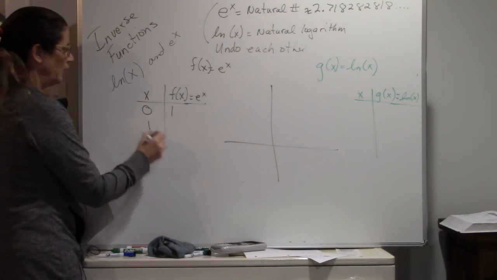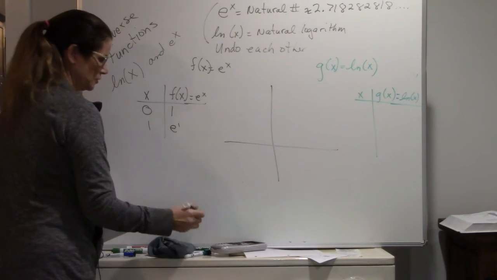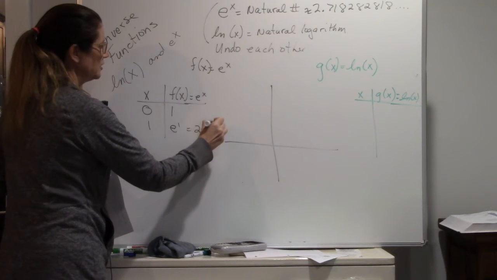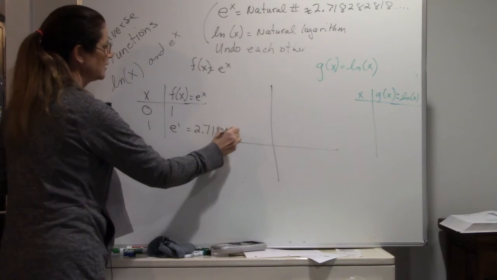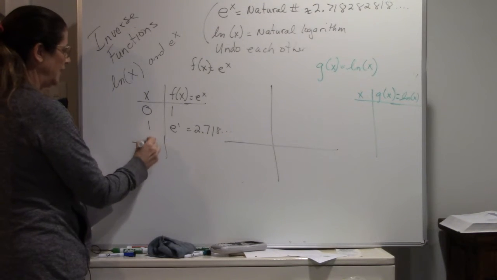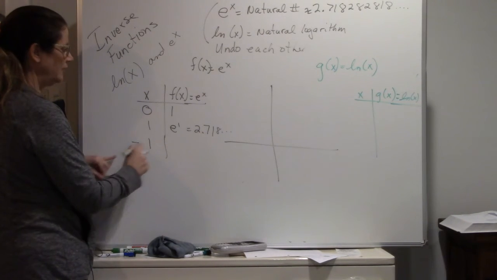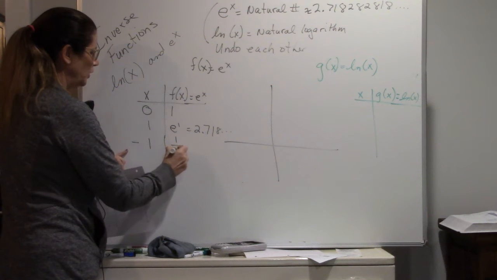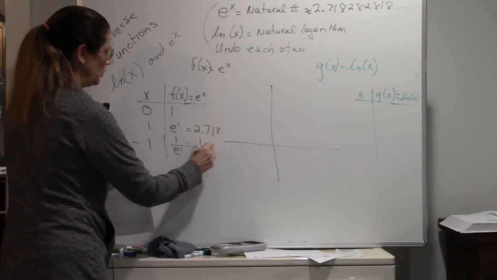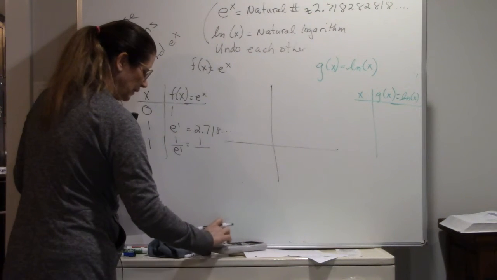If I plug in 1, I end up with e to the first power, which is my irrational number, 2.718, and it continues on. If I use a negative 1, remember a negative exponent means it is 1 over e to the first power. So it's 1 over that. So when you calculate that,